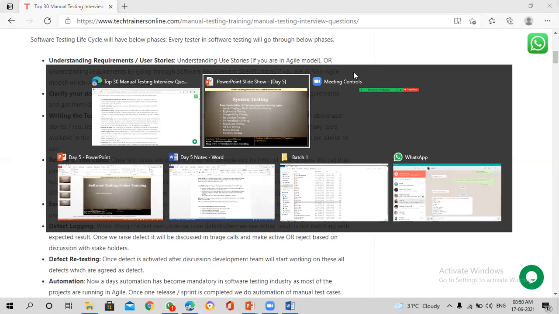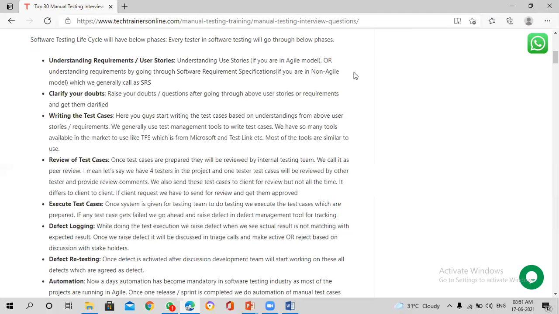Even for installation testing, you will have detailed requirements given in the user story or in the SRS document about what you have to verify. Once you install it, you must know everything would be there under the control panel, right? Whatever you installed, you have something called installed software. You will see all the installed software under the control panel. Like that, you need to make sure it is showing under the control panel and under the system registry. All this information will be given to you in the requirements or in the user story, where you have to validate these things.